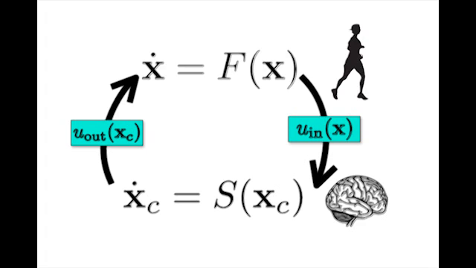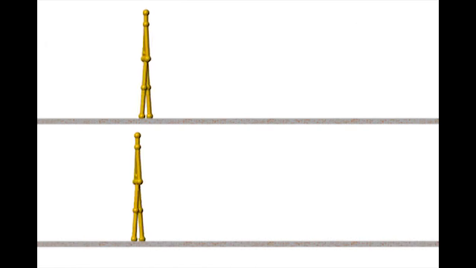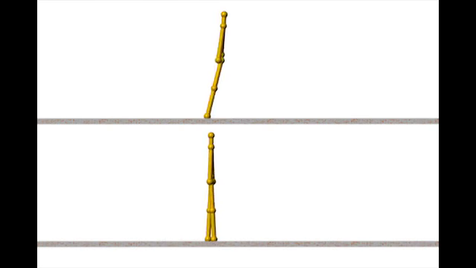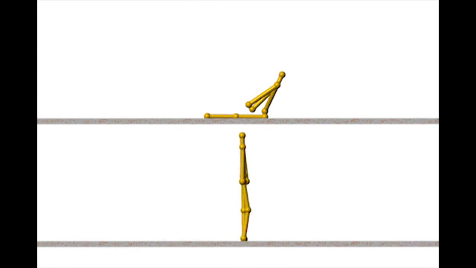If there is some disruption to the system, the neural oscillator ensures the system returns to a stable periodic state, which adapts to the environmental changes. Here we demonstrate the effects of the neural oscillator. Without any control, the character doesn't really want to go anywhere and falls over. The neural oscillator ensures that the motion converges to a stable limit cycle.